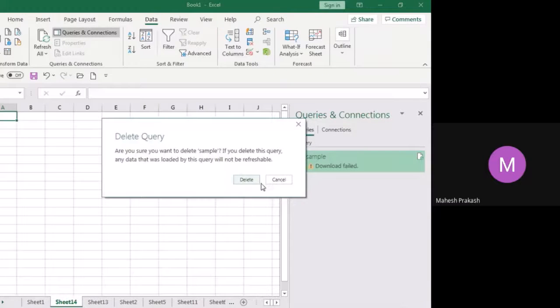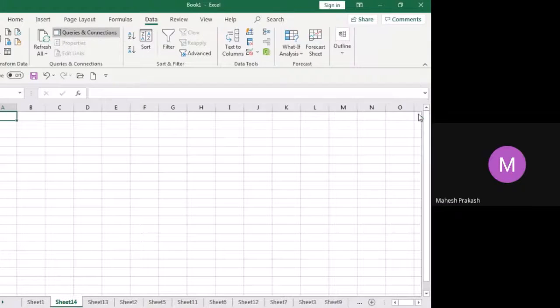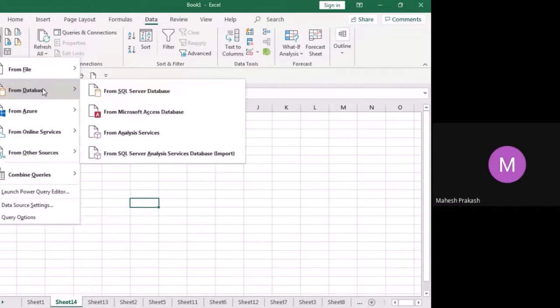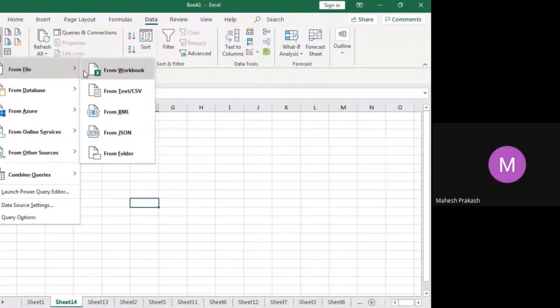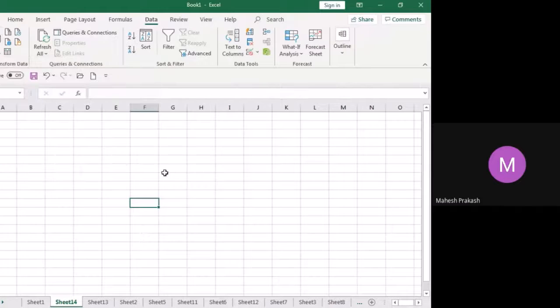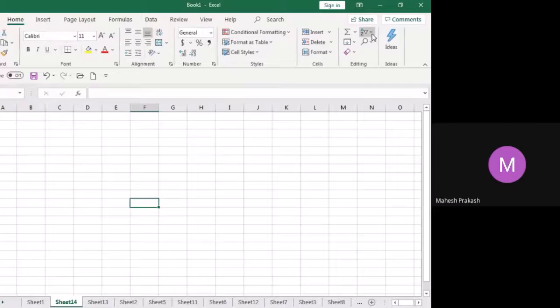So that is how you can bring and make use of your sample data, even if it is not in tabular form, but you just need to make things separate. You can bring it into your data, but this is not that important. From database means you want SQL Server and all, but only this file. You can bring any folder, any workbook into this sheet. This is all query related. That is all connections. This sorting you have already seen here. This is that sorting.